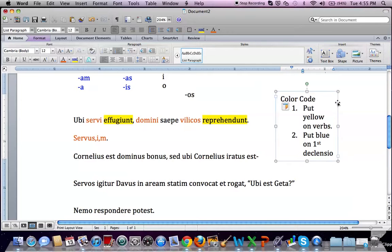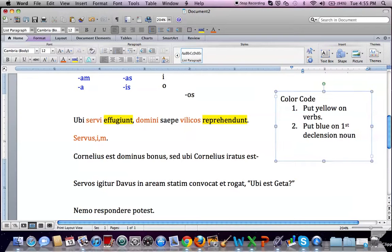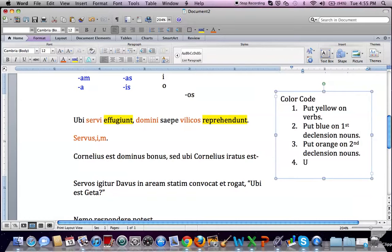First declension, I'm going to have to expand the box completely because I ran out of space here. On first declension nouns. 3, put orange on second declension nouns. And lastly, don't forget to underline adjectives. If you don't know where the adjectives are, you may have to look at words that might possibly be adjectives and go look them up in the dictionary to see if they follow the adjective pattern. I'll tell you one more time. If you're not sure if a word is an adjective,